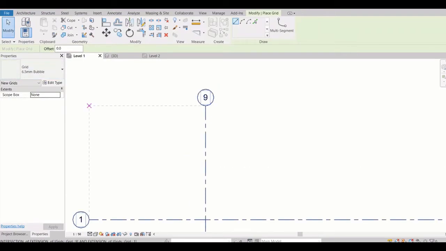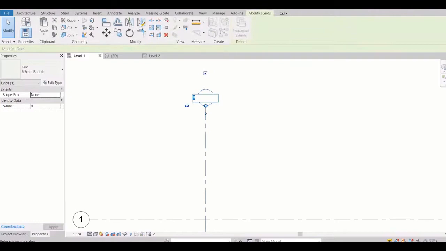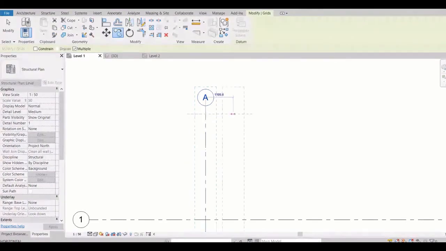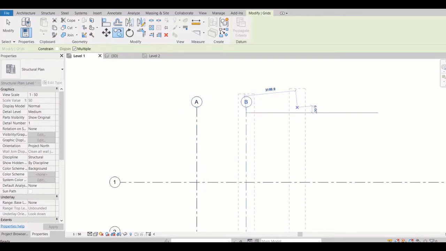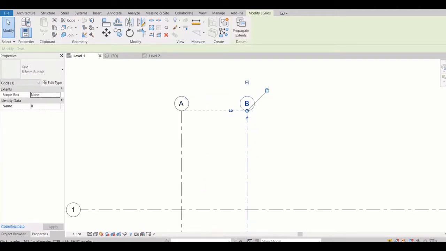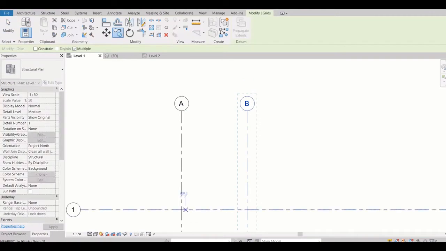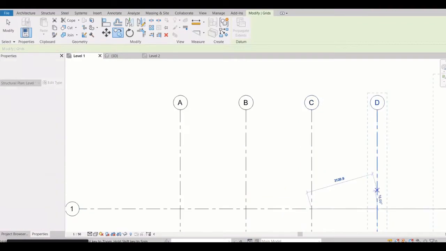Now it's coming 9 because the last one was 8. So what you need to do is edit it with A. And now you will notice once I copy it, it automatically takes B, so you don't need to change it every time.